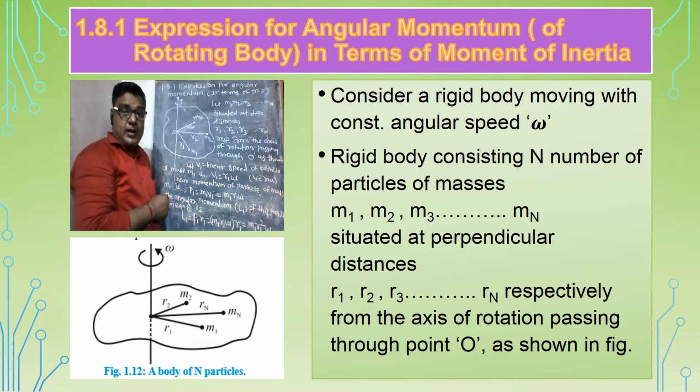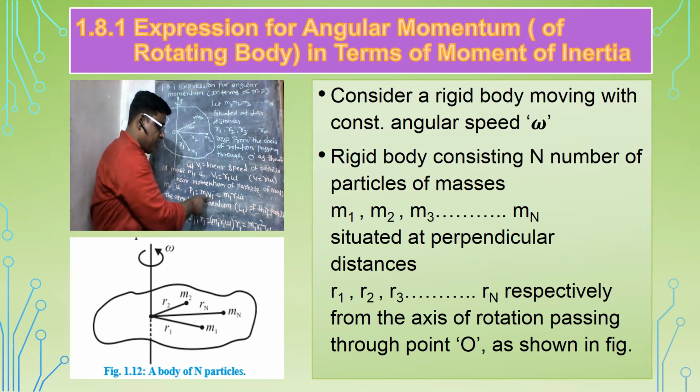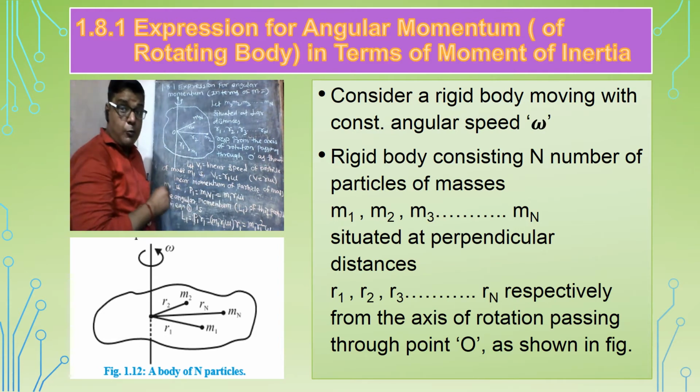Therefore, the linear momentum of the particle of mass m1 is p1, according to momentum, p1 is equal to m1 v1, which is equal to m1 r1 omega. Here, what is the value of v? v is equal to r omega. Therefore, v1 is equal to r1 omega. Here omega has no suffix 1, 2 or 3. Why? Because omega is a constant. Therefore, the angular momentum